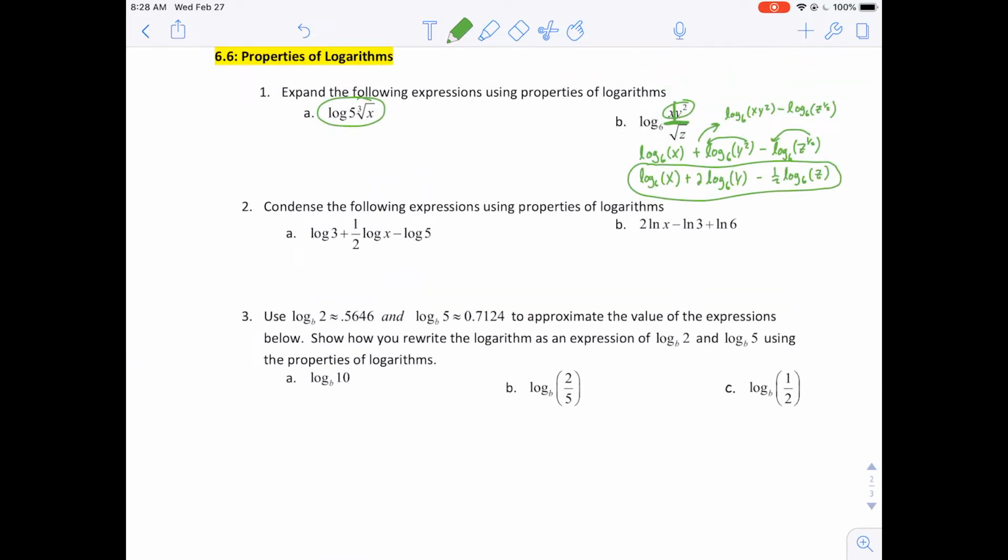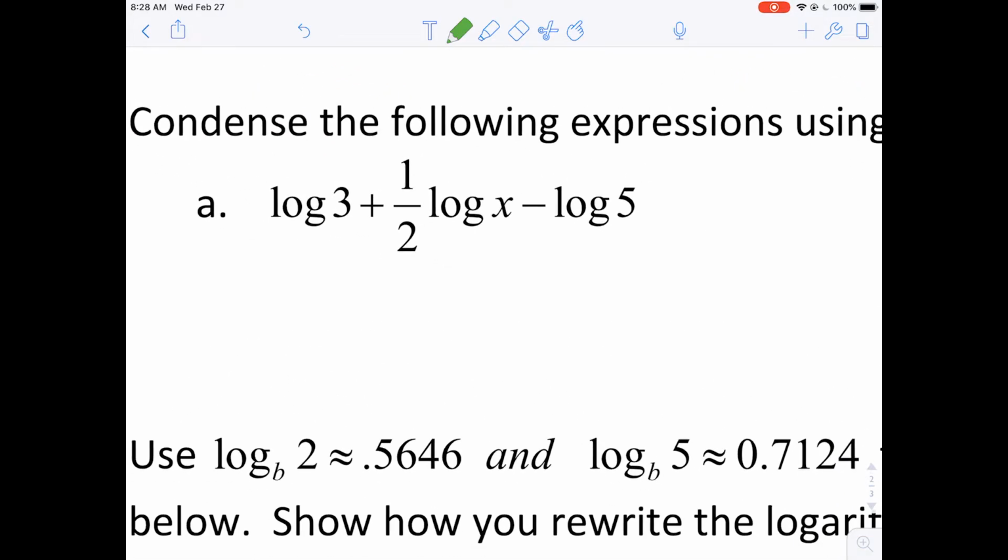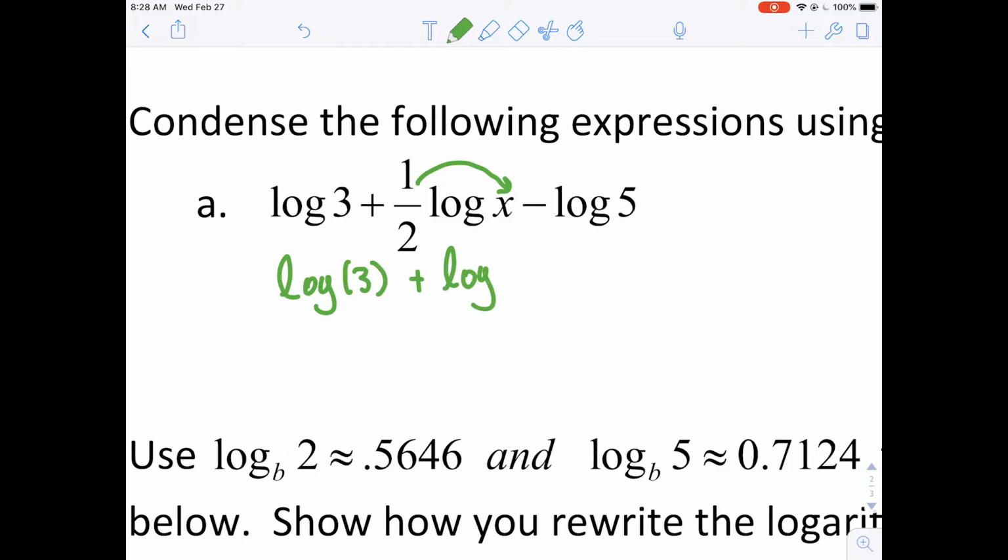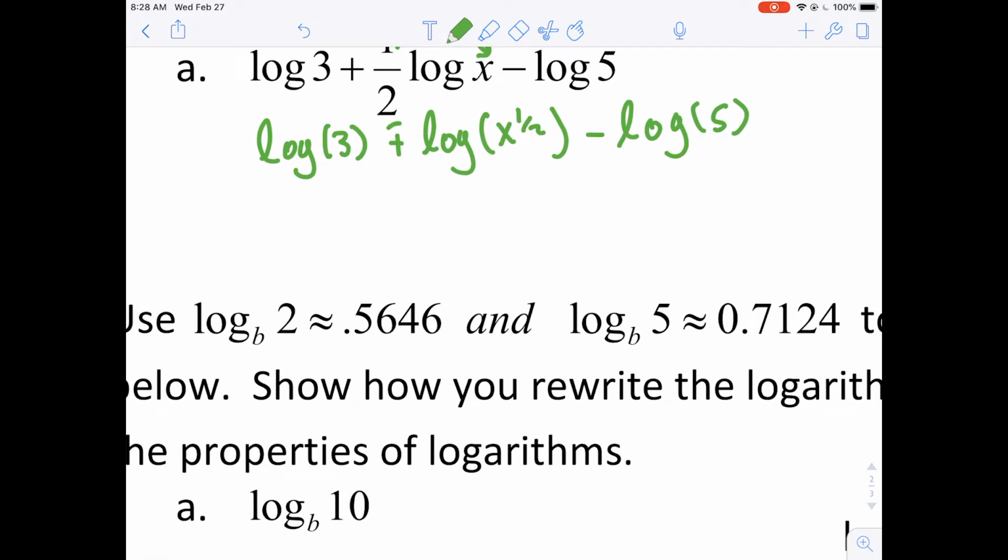Okay. Condense the following expression using the properties of logs. Which one should we do? They're both pretty similar. Let's do this one. So we always want to condense it so that it's just the log of something. My first move is going to be this. I'm going to have log base 10 of 3 plus log of x to the 1/2 minus log of 5. Now going forward, plus tells me multiplication, so log base 10 of 3 times x to the 1/2